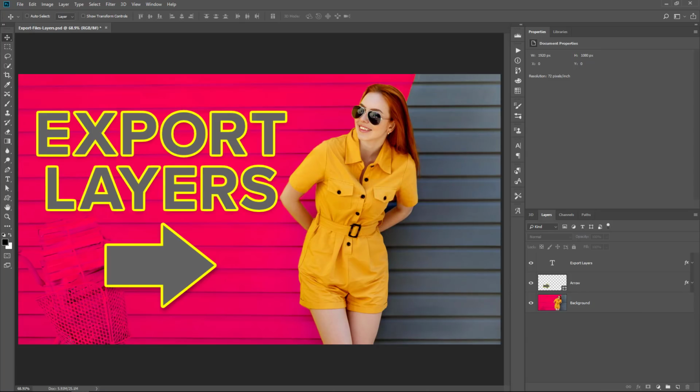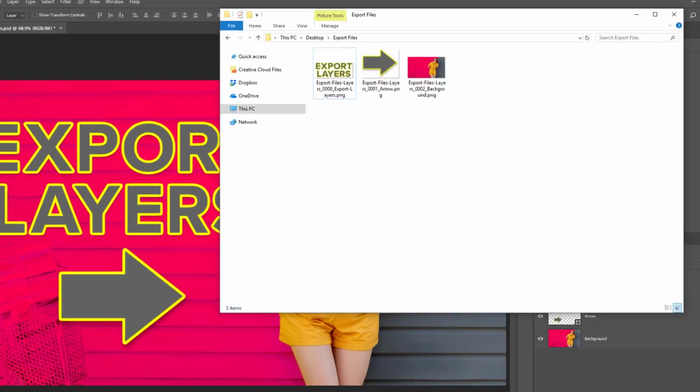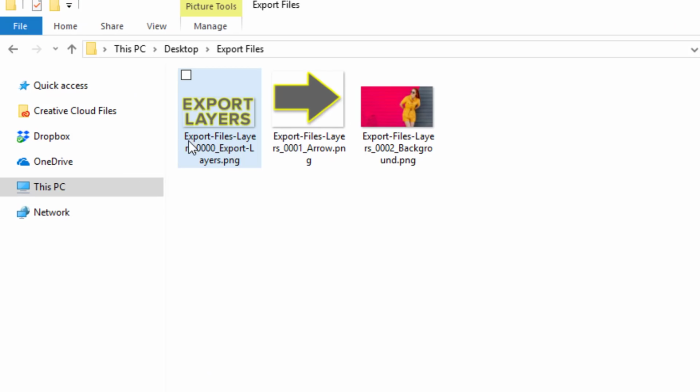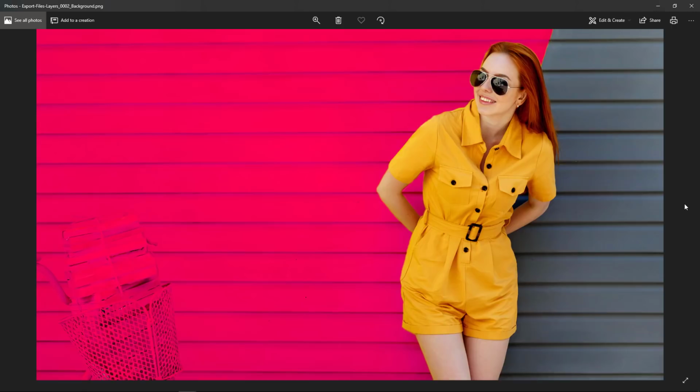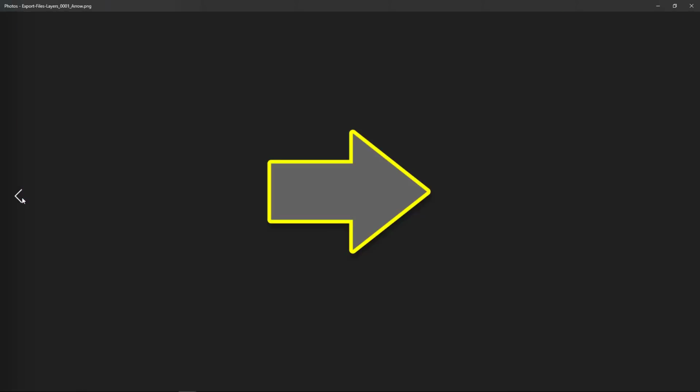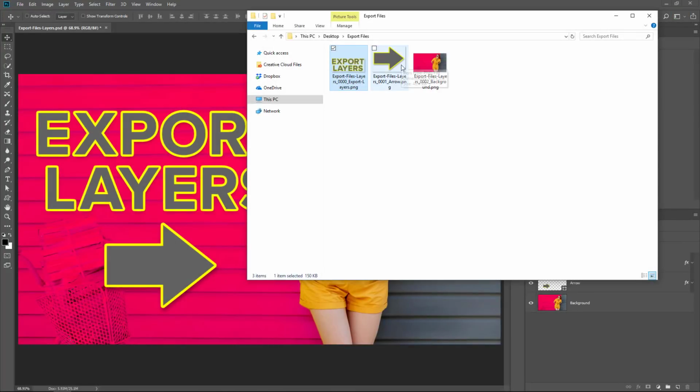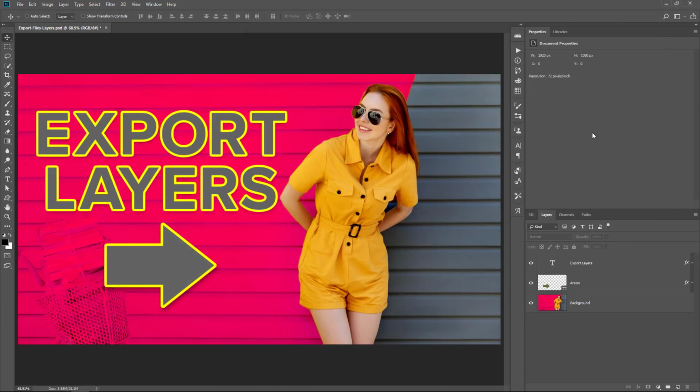I'm going to bring up the folder where those files were saved, and you can see them here. You can see the prefix, and you can see the layer name after the prefix. So if I open them up, you can see them. There they are. And they don't really have a gray background. This is just what my file preview shows as transparency, gray. But you can see that in reality, it does have transparency there. And what I'll do now is just delete these files because we don't need them. So I'll highlight them and press the delete key and bring this folder down.